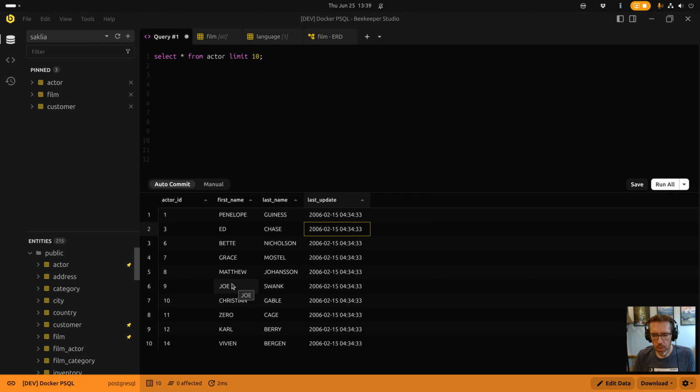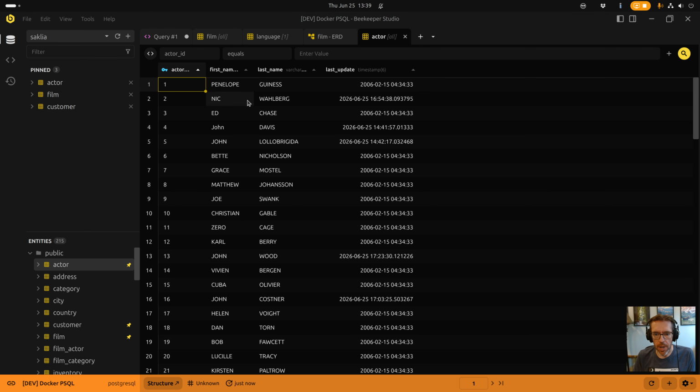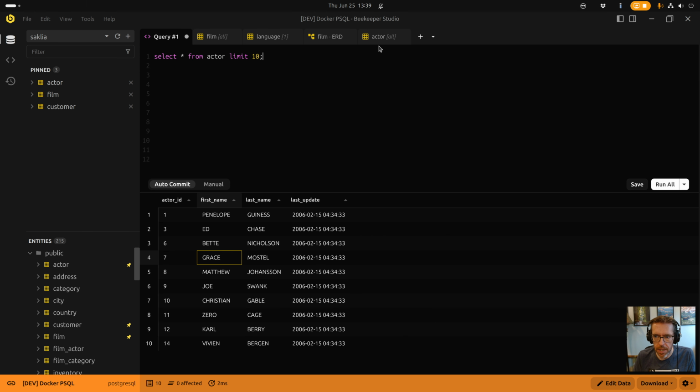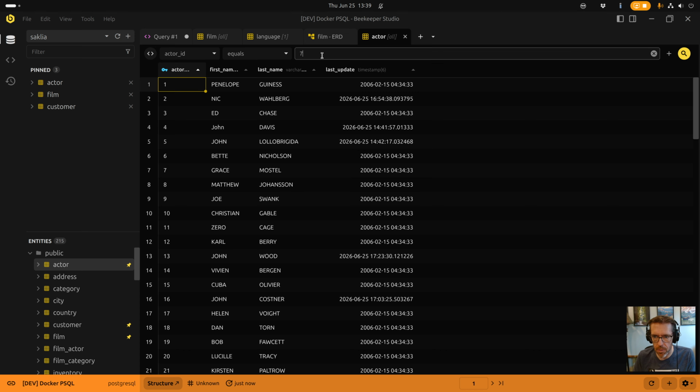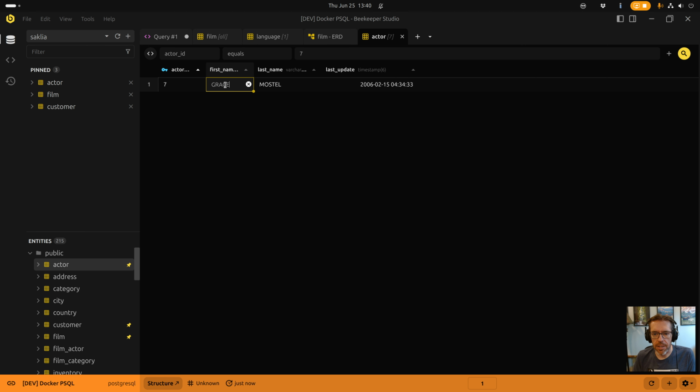But one thing that's frustrating a lot of times when you write SQL is, this was a simple query, but what if this was a 300-line query? If you notice a mistake in your data, right? If Grace's name is wrong, if I want to go fix this without, like, in the interface, I have to, okay, so Grace is in the actor table, I need to load actor, I need to do a filter, right? Oh, what ID was it? Oh, ID 7, so we're going to do ID equals 7, Grace, and then I come here and now I